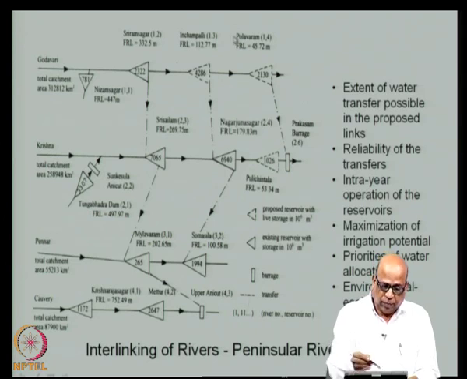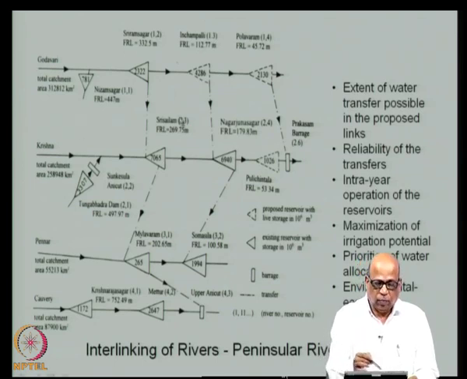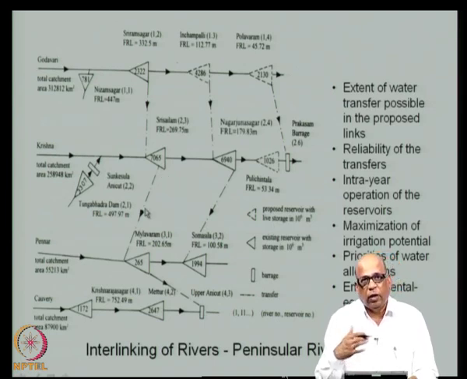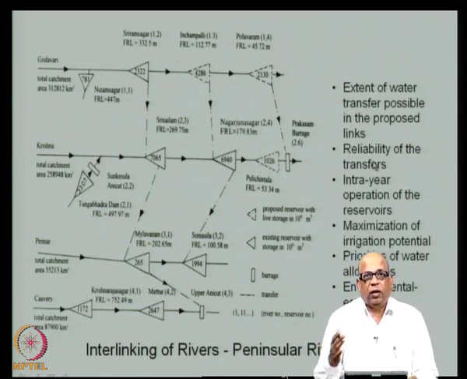So, this system has to be looked at as an integrated whole system, and then you analyze where the water is flowing from period to period, what level of storage fluctuations are taking place, what level of demands you are able to meet, what level of hydropower you are able to generate, and so on. So, you build a system model and then answer a large number of questions. For example, reliability of the transfers. Let us say that you in fact build the system. How reliable is the system even purely based on quantitative aspects? How many times is it able to meet the demands?